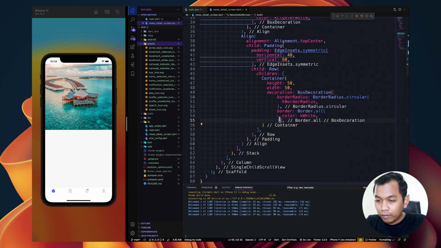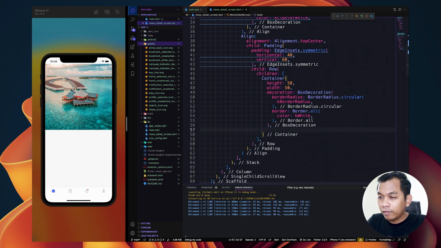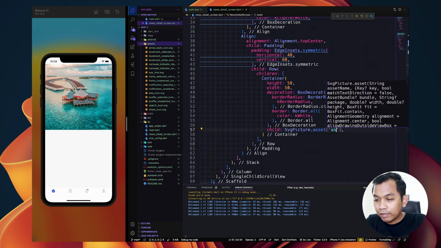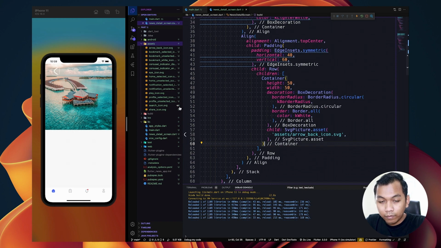And inside this container, we will give a child to be SvgPicture.asset, and we will say assets arrow back icon dot svg, and we will have this icon.